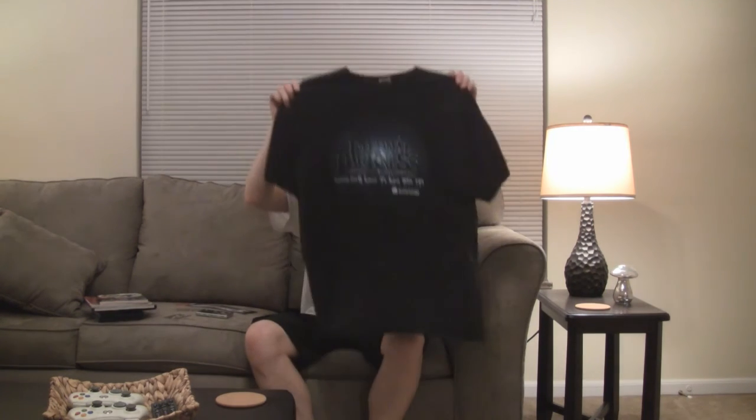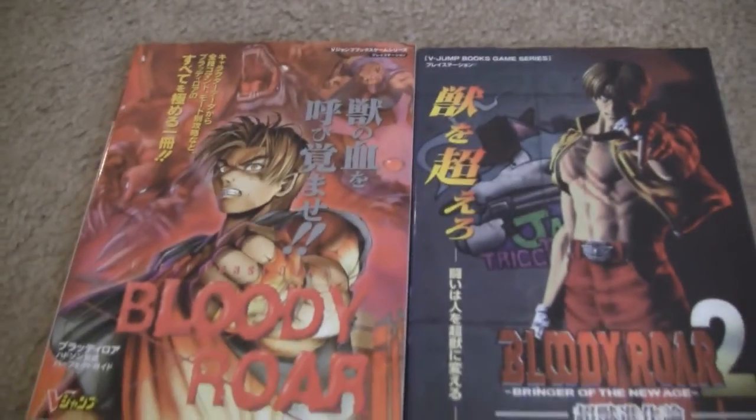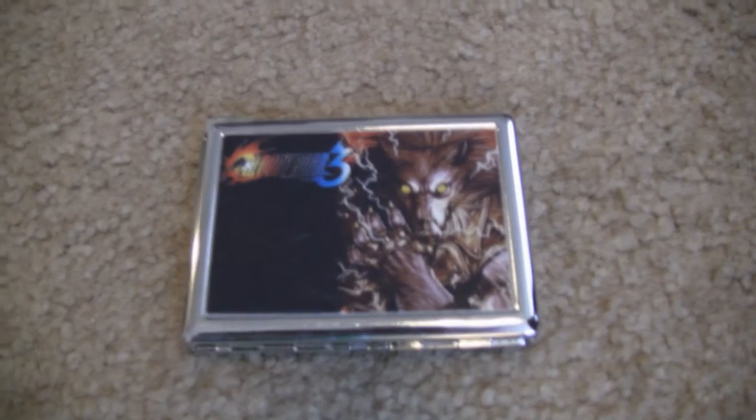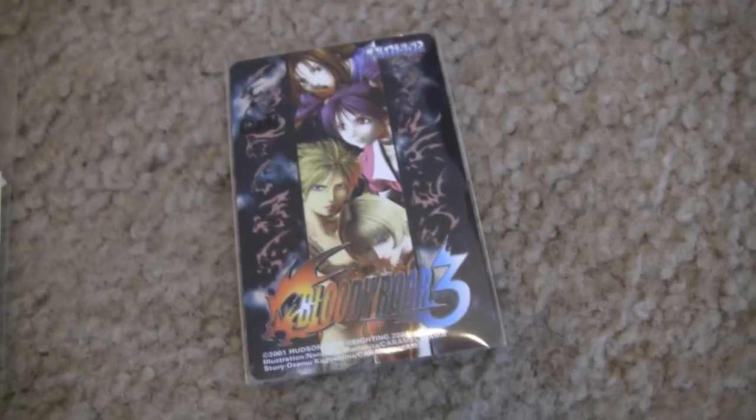Now, it's not unusual to use merchandising to promote a video game. The most common kinds of promotion being things like hats and t-shirts. And Bloody Roar 3 had the V-Jump book, which wasn't uncommon, as the other two games also had V-Jump books. But then they made some rather unusual merchandising choices. Things like Bloody Roar 3's cigarette cases, Bloody Roar 3 bumper stickers, Bloody Roar 3 tiny-ass stickers you can't see from more than a few feet away, Bloody Roar 3 phone cards, and the strangest merchandise of all, the Chia